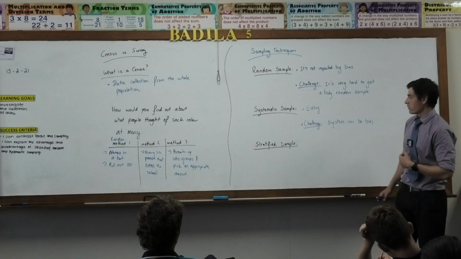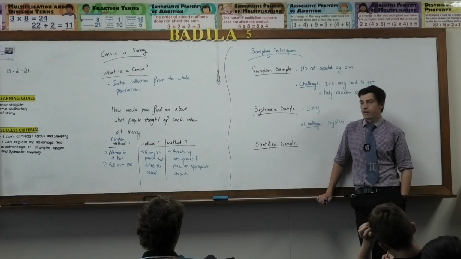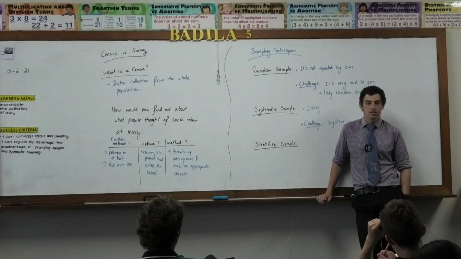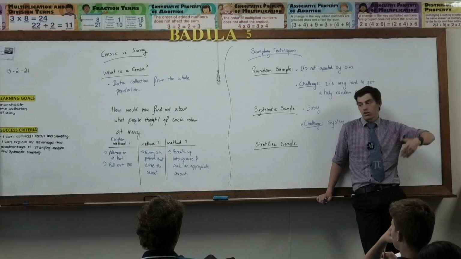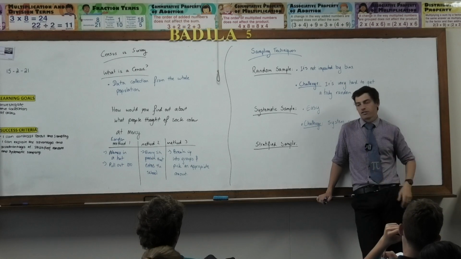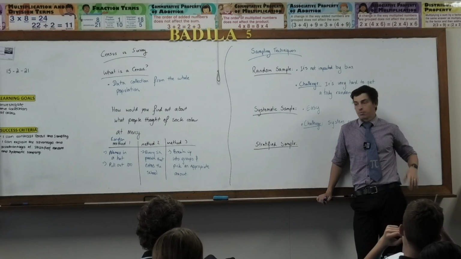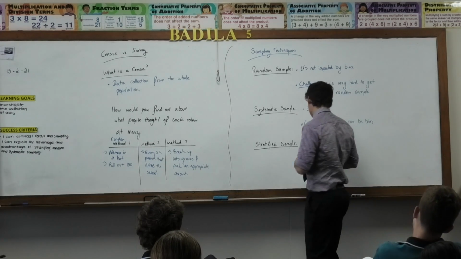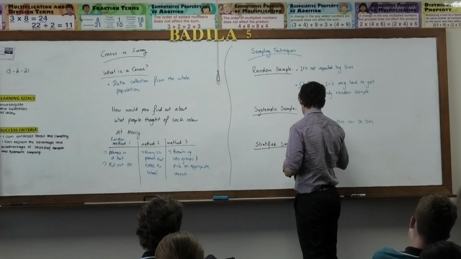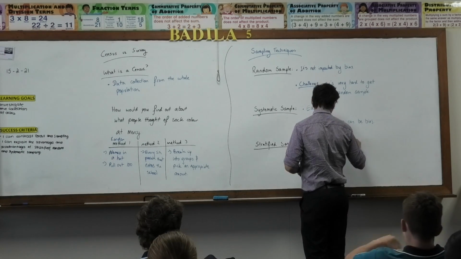Now the last one, stratified samples. Who thinks that's the fairest way to collect data? We get 20 kids from year 7, 20 from year 8, 20 from year 9, 20 from year 10, and 10 staff. Who thinks that's the fairest way to do it? Seems like a pretty fair way to me, correct? So it's reasonably fair, so it gets a good spread of people.